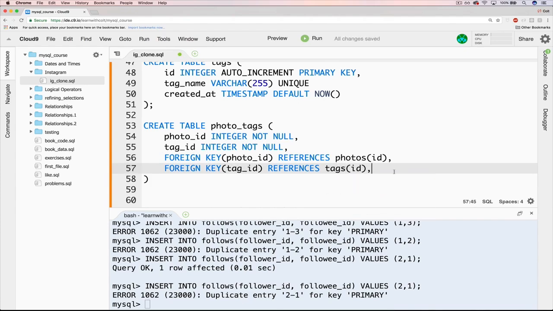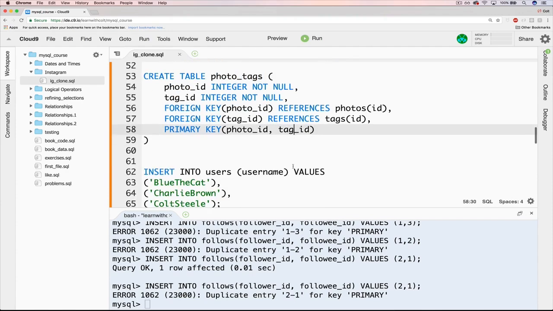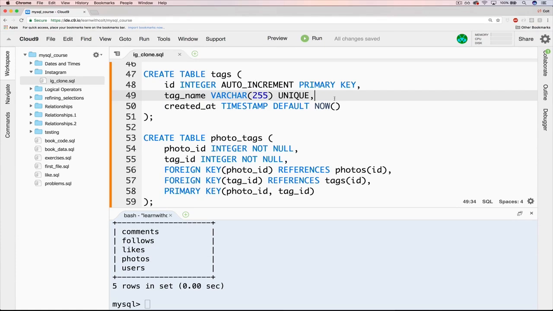We also want to make sure that a user can't tag the same photo with the same hashtag multiple times. And that's an easy fix. We just do our same primary key with two items, photo ID and tag ID. And that just ensures that we can't have multiple instances of the same photo tags. All right, don't forget our semicolon. It looks like I'm missing this comma here. There we go. Now if we try that,